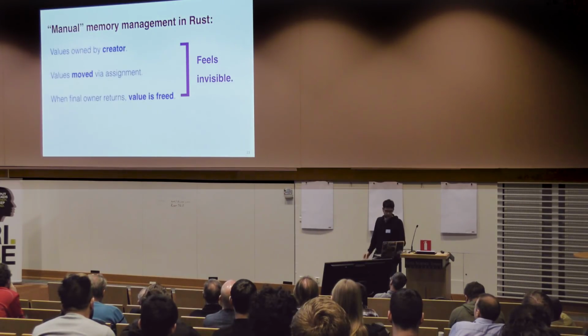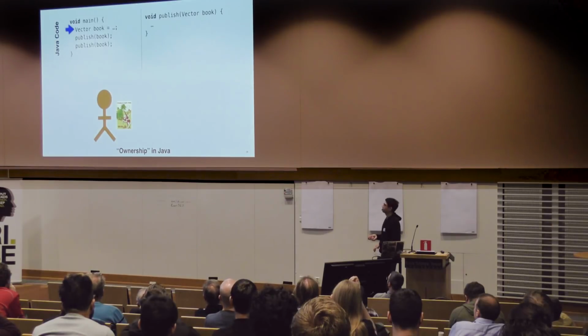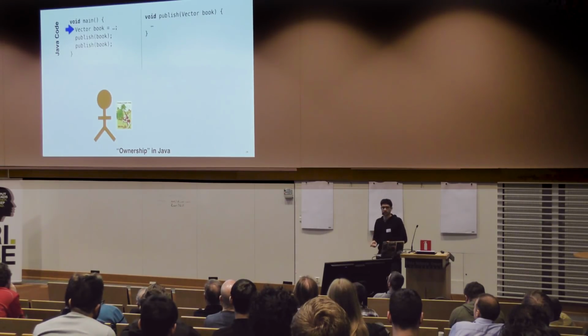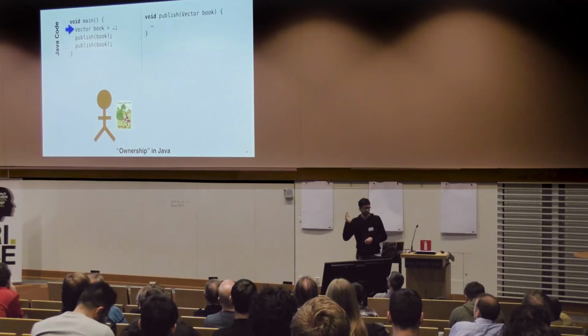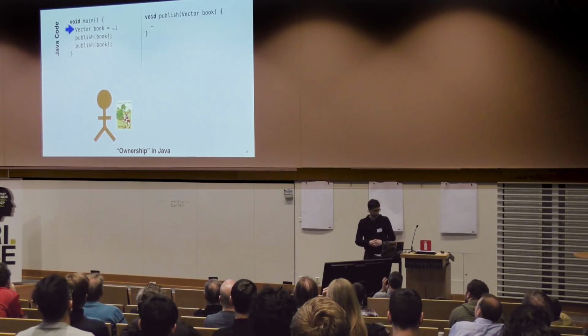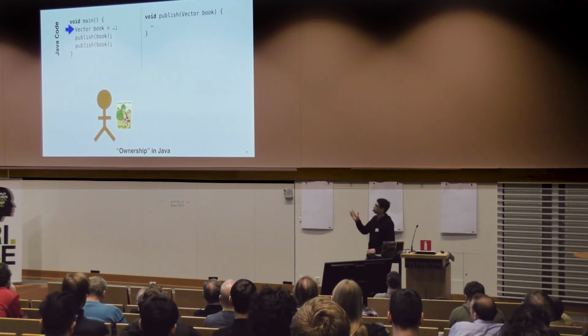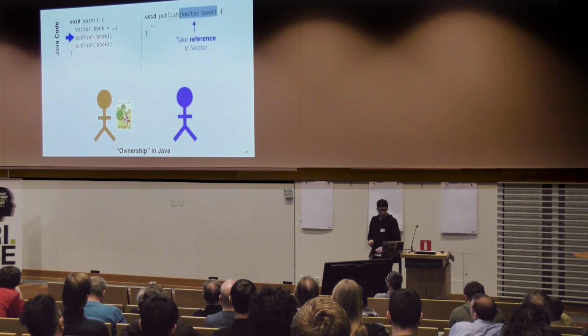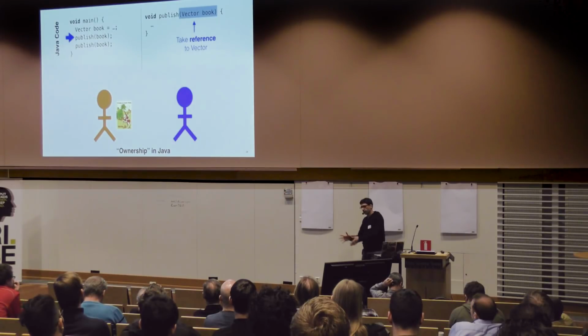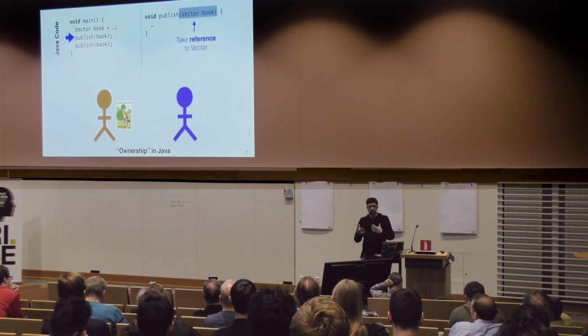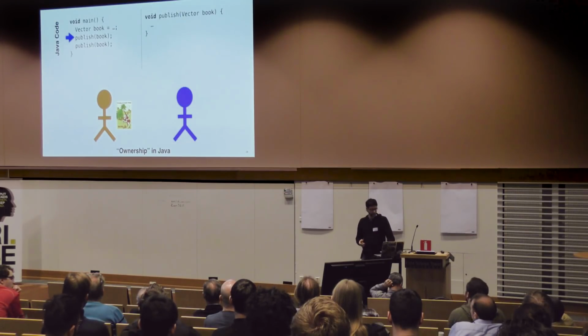And now, just to kind of drill this in, I want to emphasize how different this model is from a garbage collected by default model. Right? So this is some Java code. It's kind of equivalent. And I'm not really picking on Java in particular here. This is, I think, pretty typical of this kind of area of GC by default languages, where you have, say, like I'm making a vector here in the first line. But when I call publish, what happens here is not that I give ownership of the vector. Right? What happens is actually kind of unclear in terms of who ought to be using the vector after this function call continues. What happens at runtime is I'm giving a reference.